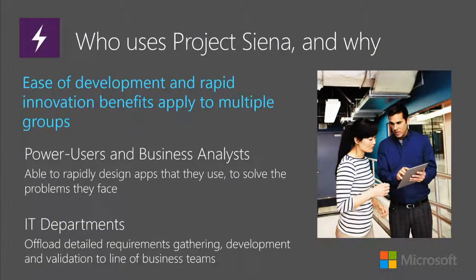So hopefully with that demo, you're having some thoughts about how you might use this or who in your organizations might be interested in this tool. We see a couple different benefits. This is how we're positioning the tool. The users of this authoring tool we think are the power users and business analysts, people inside the company who are maybe working a lot with Excel right now, maybe working with Access databases or SharePoint, but folks who know where the information sits around their company are the great ones to use this authoring tool and start building the applications.